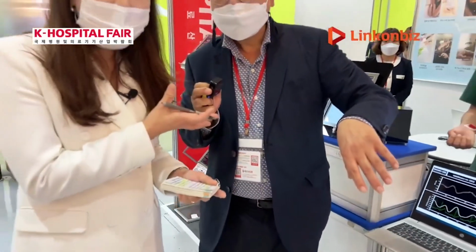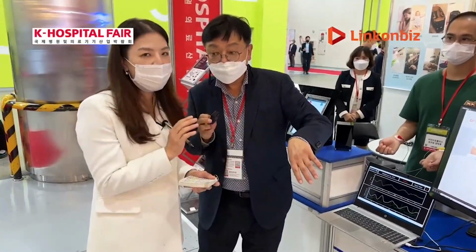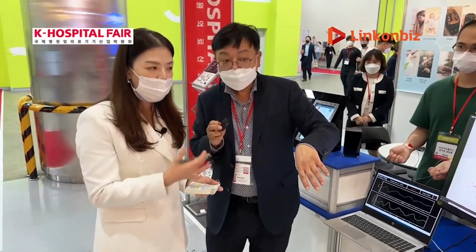But in our device, it's okay to attach it or detach it, no problem, because it's really strong against outer